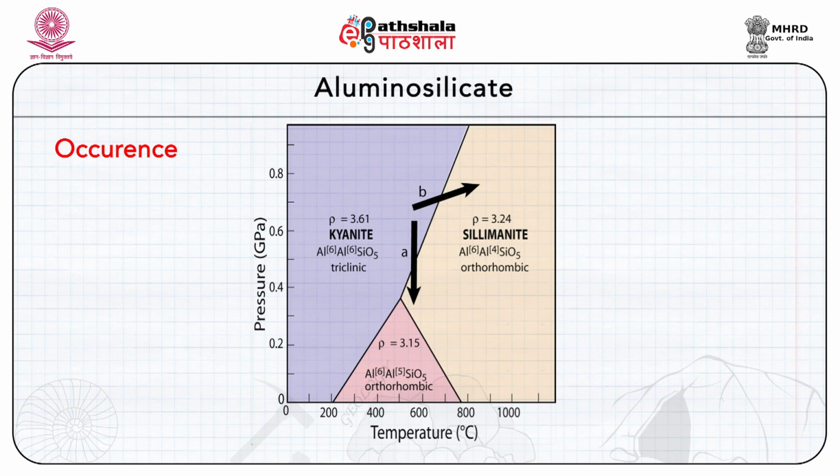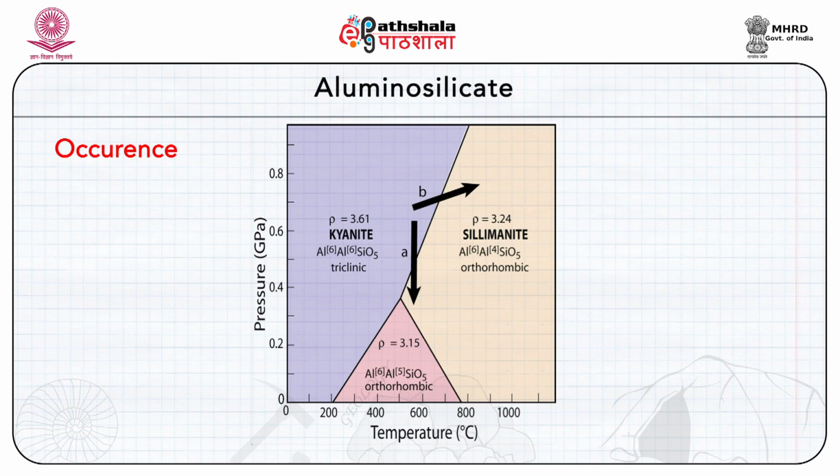The stability fields of these minerals are related by a phase diagram. Being very important minerals in metamorphic petrology, the pressure temperature stability of the aluminum silicates has been extensively studied. However, problems with establishing the PT field for these polymorphs include the aluminum silicon order disorder in Sillimanite and small compositional variations of these minerals.